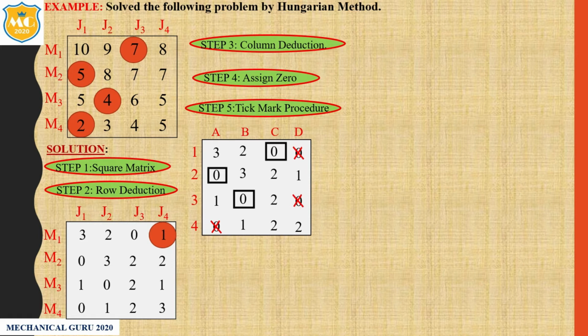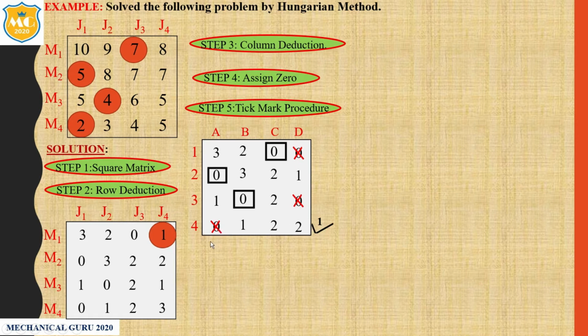In the tick mark procedure, mark the rows that do not have an assignment. Here the first row is assigned, second row is assigned, third row is assigned, but the fourth row is not assigned. So tick mark that row. Now in that row, is there any crossed 0?